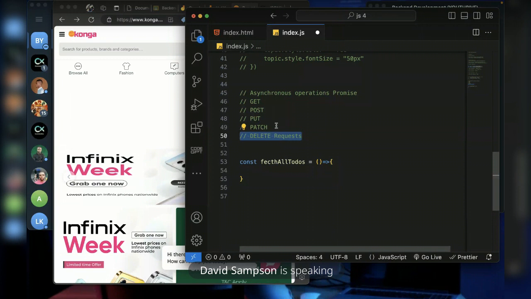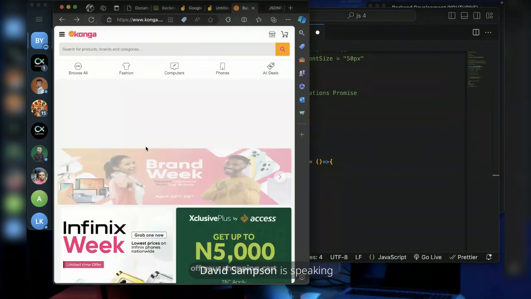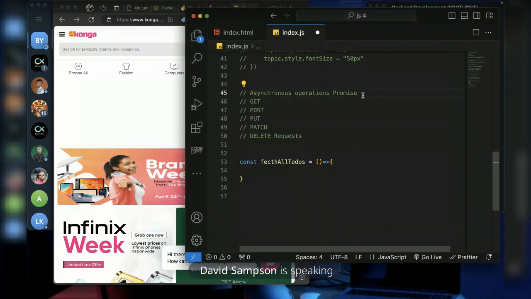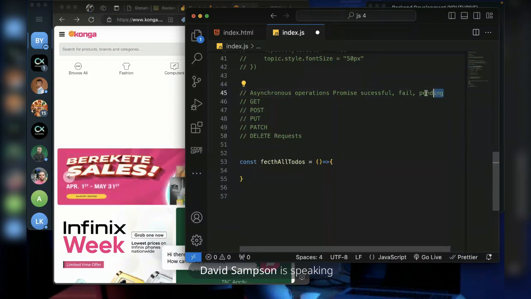And while it is still loading, the promise is pending. So a promise can have different states. It can be successful, it can fail, and it can be pending. These three things define a promise.